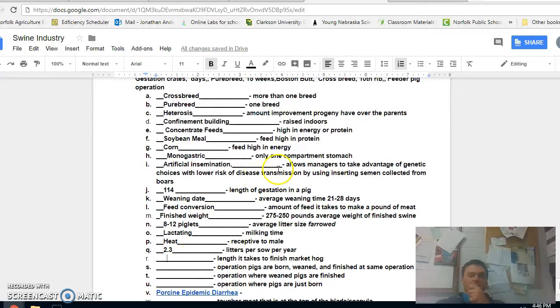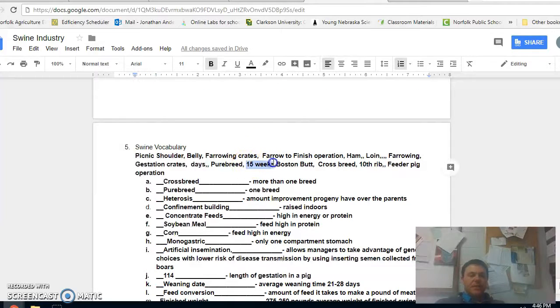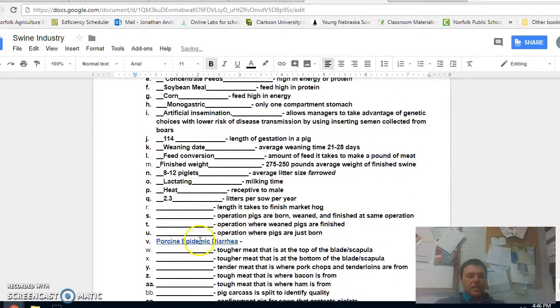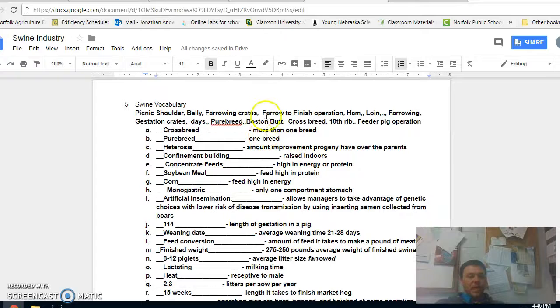6 months, no, that's about right. 15 weeks, they will then, after they've been weaned, so after 21 days, they're taken off the lactating mother. She will come right into heat, and those piglets that we weaned will go to an operation where they are finished, and that's called